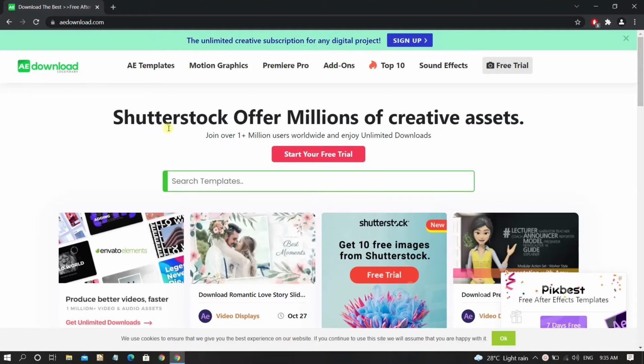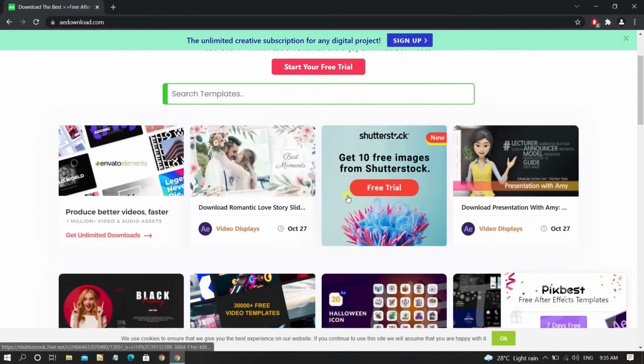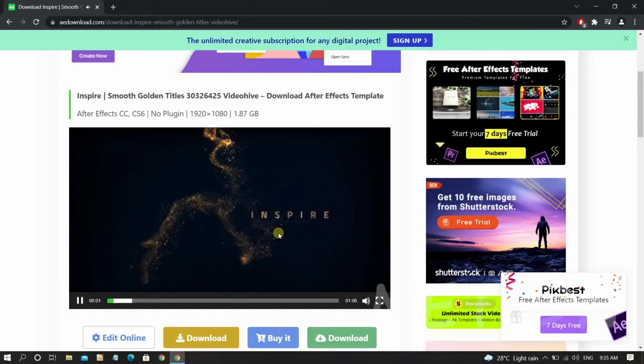On screen right now is a website called aedownload.com. aedownload.com provides free unlimited logo reveal templates, so make sure you're clear about